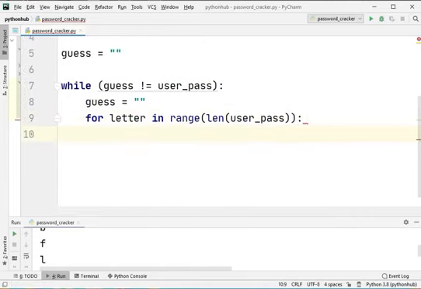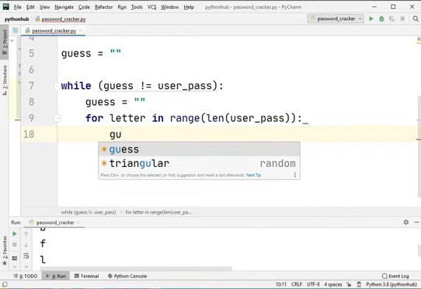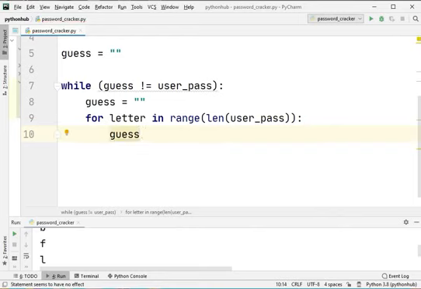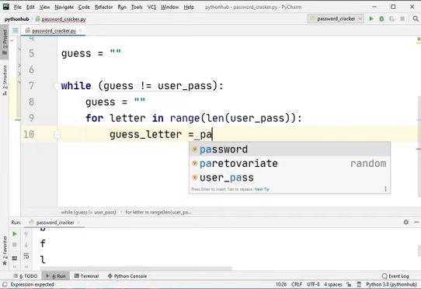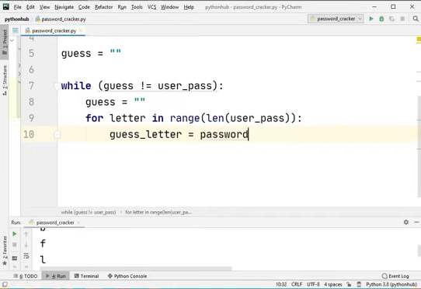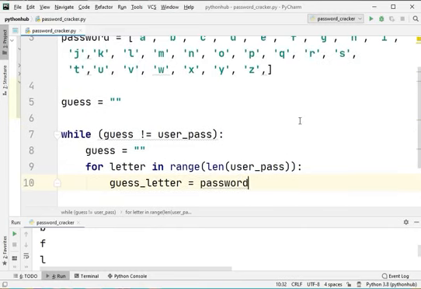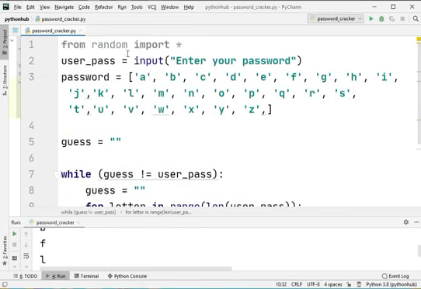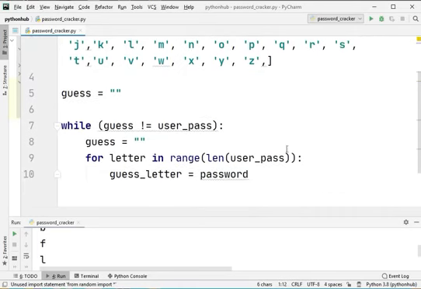Now we will use another variable, guess letter, and inside this we will store some letters randomly from the password. So how can we do that? We will use our random module here.